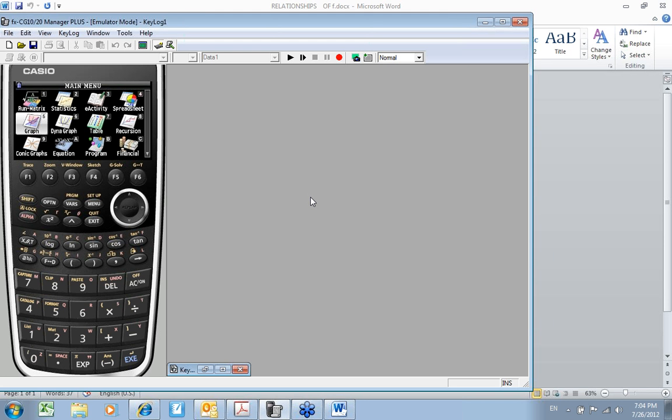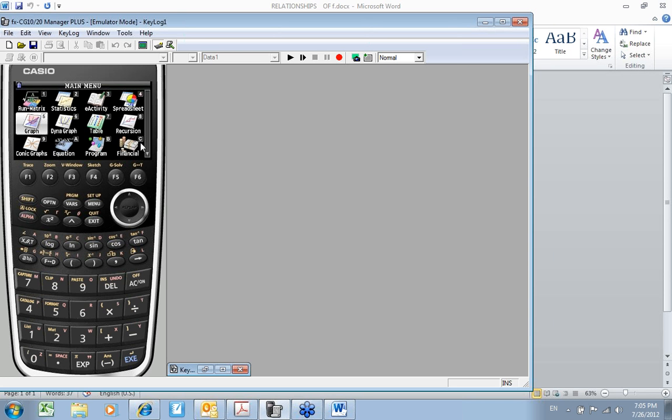Okay, the first thing that we're going to do, when I was teaching this activity, and I'll try to go slow on the calculator, I'm not real fast anyway. Remember the on button is right here. If you'll just get your calculator turned on, or you can follow me, there are some icons up here at the top.